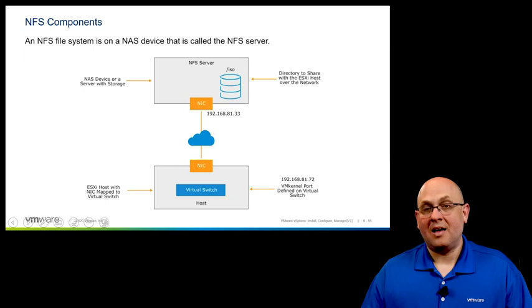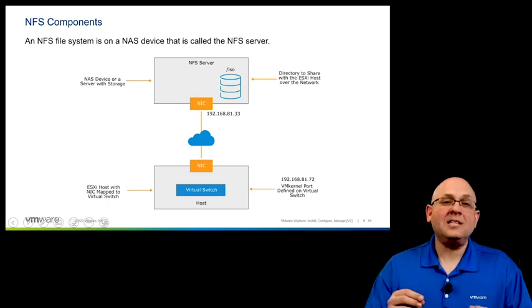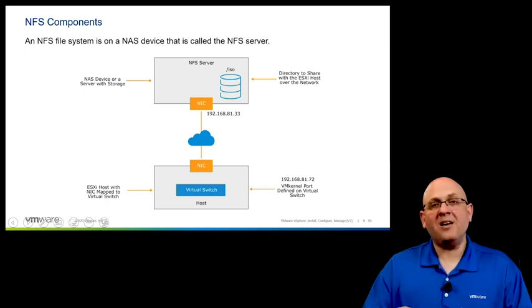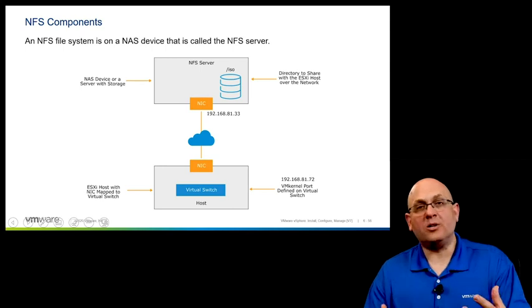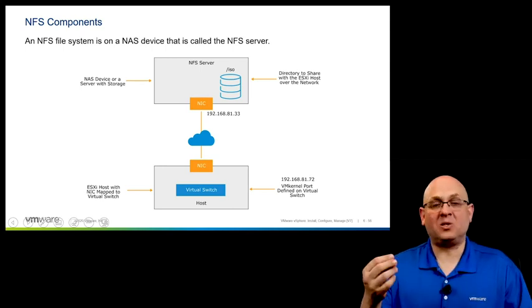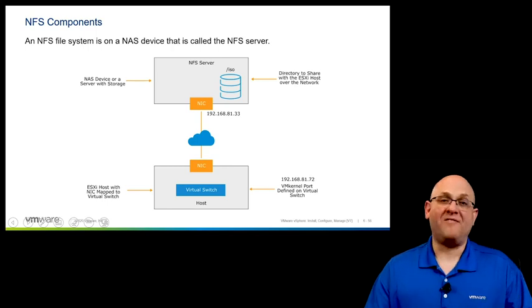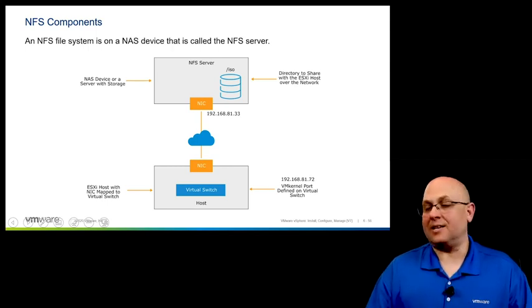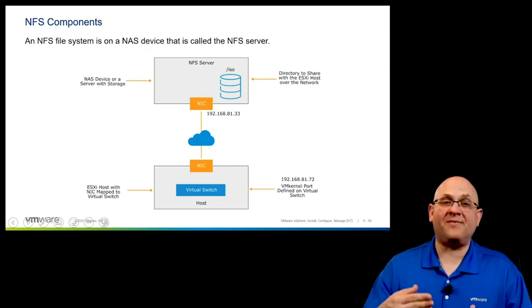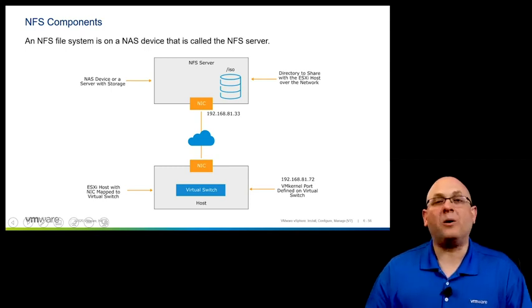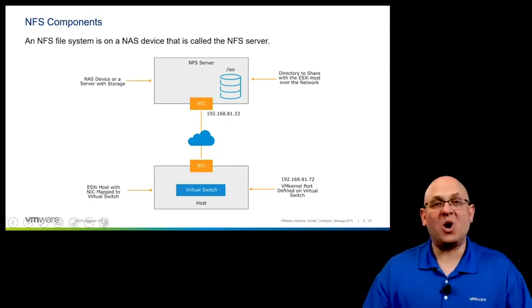So here are NFS components. This is file level storage. So think of an NFS export as simply a file share that is being created on a storage array or in an NFS server somewhere available on the network that your ESXi hosts have access to. We're going to create folders on that NFS server, and then we will share them out to ESXi. ESXi will see that folder, it'll call it a data store, and begin putting virtual machine files on that particular